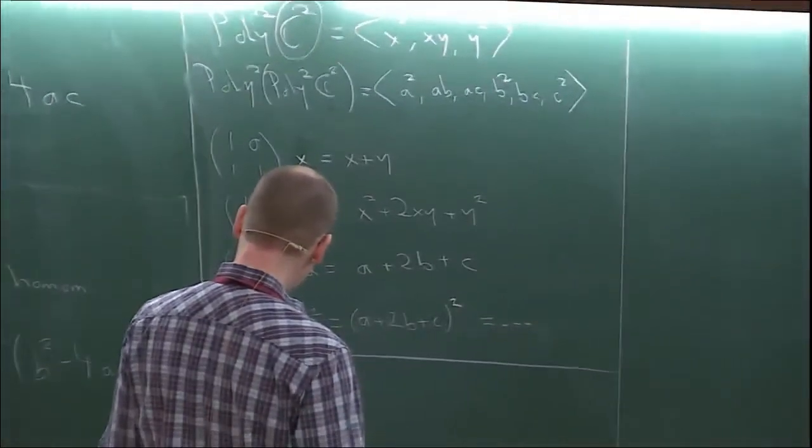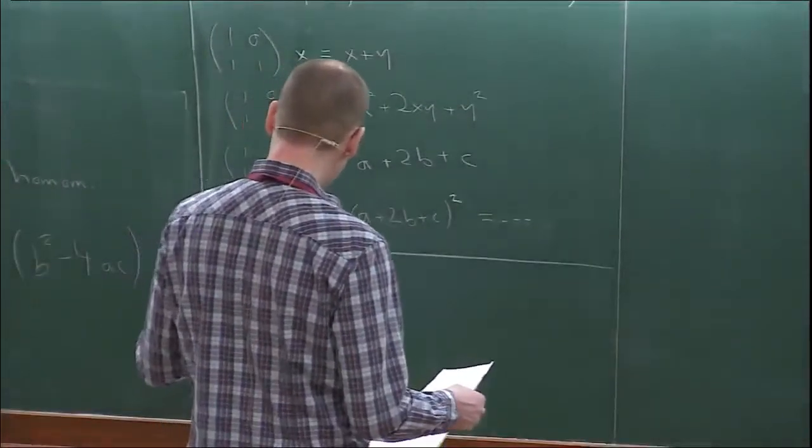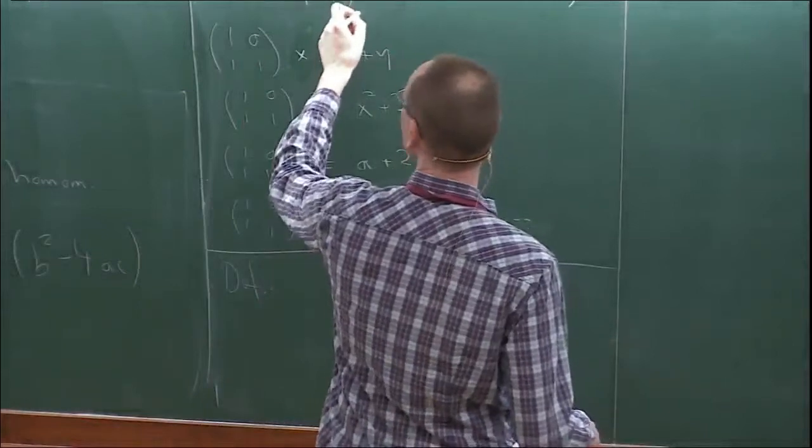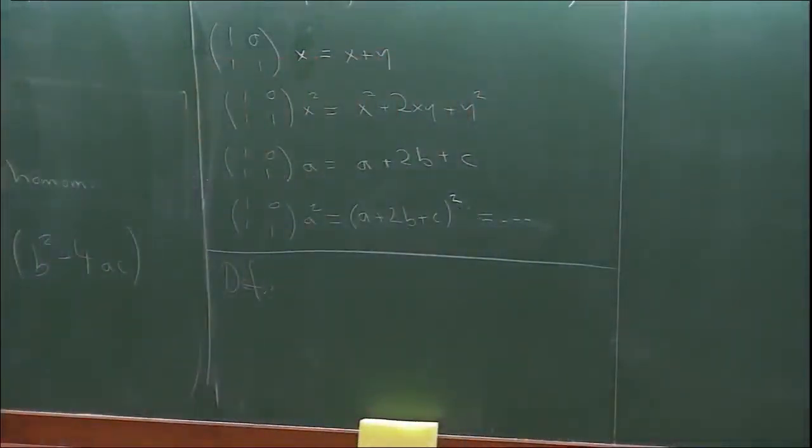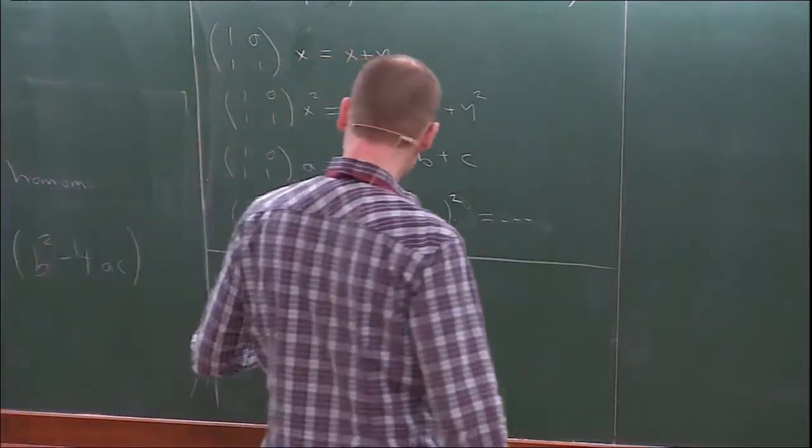You have a finite dimensional vector space. I want to define what's a representation. The main example being Poly_d, Poly_n of C^{n^2}, say, and it's a representation of the general linear group. So a representation